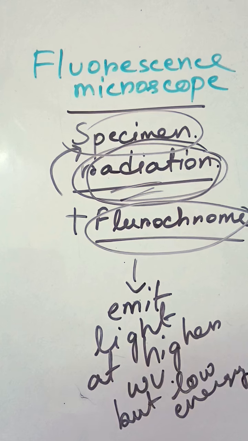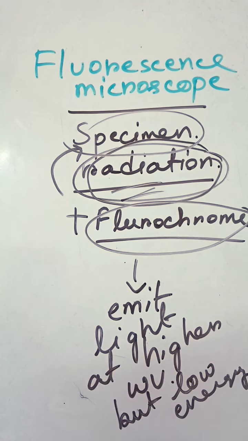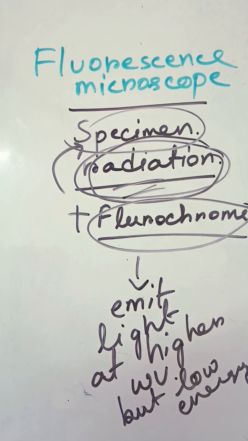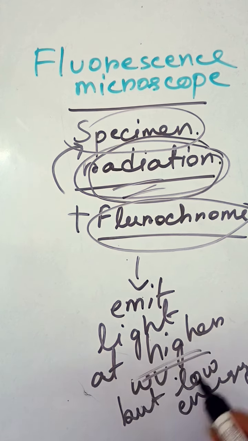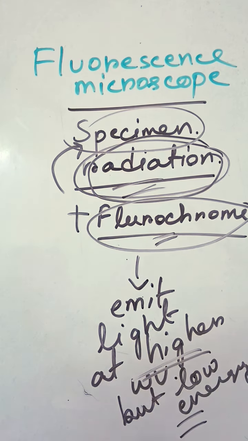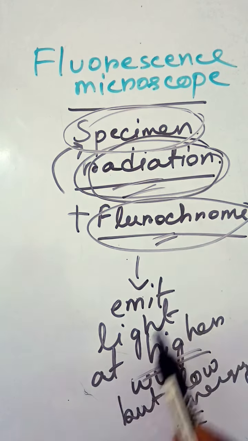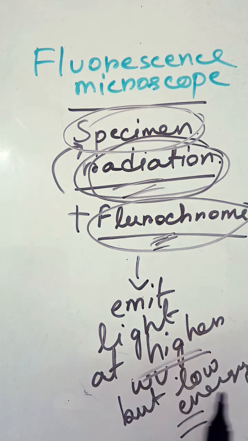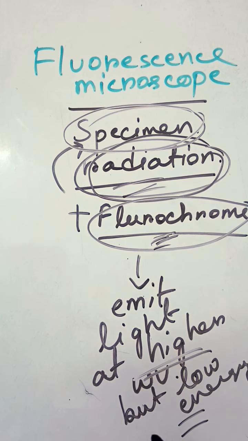As we all know, what is fluorescence? The principle of fluorescence basically depends upon a high energy but low wavelength radiation that will hit something, and if the molecule absorbs that radiation, it will emit the light at a very high wavelength but low in energy. So that is the basic principle of the fluorescence microscope, and fluorochrome has to be used to stain the specimen. Without the fluorochrome, this whole fluorescence microscope is not possible to detect the structure or any kind of picture of the specimen, whether the bacteria and all.